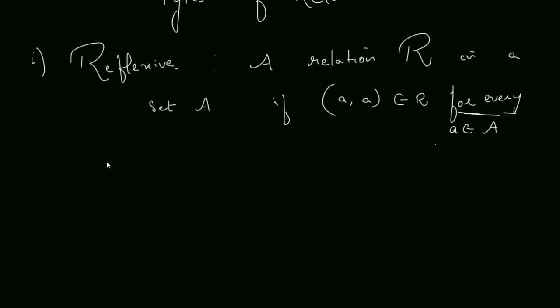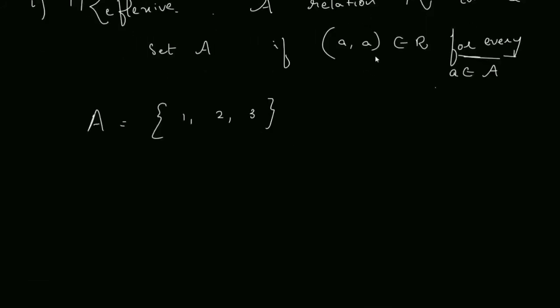So let us give an example now. I'll take the same example. Set A I'll define as {1, 2, 3}. So for every element a belongs to A. So what are the elements of A? A can take the value 1, or a can be 2, or a can be 3. Isn't it? So every a belongs to A. So let us see, (a, a) belongs to R, whatever that means. That is, for every element, 1 means, what is the first element? 1. So you should have (1, 1). Next element 2. (2, 2). Next element 3.